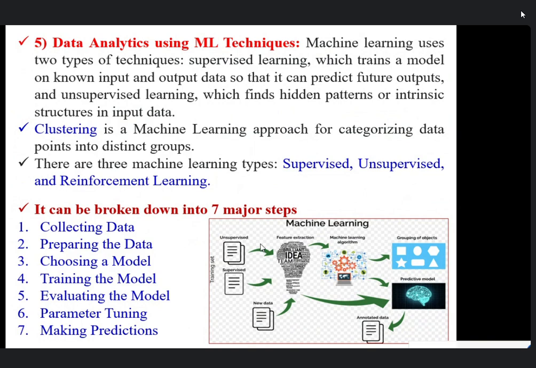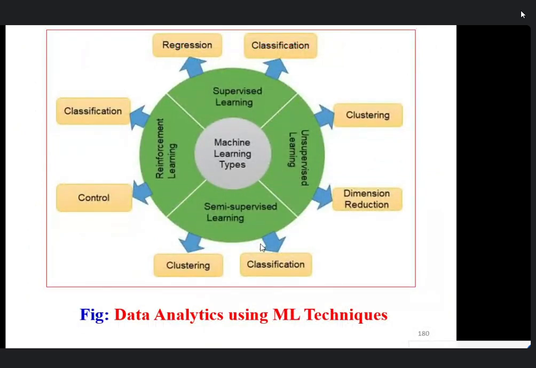There are 7 steps of this data analysis using machine learning, like a collection of data. We are collecting the data, preparing the data, choosing a model, training the model, evaluating the model, parameter tuning, making predictions, etc. Then that's why in data analytics using machine learning techniques, we have classification, we have regression, we have clustering,